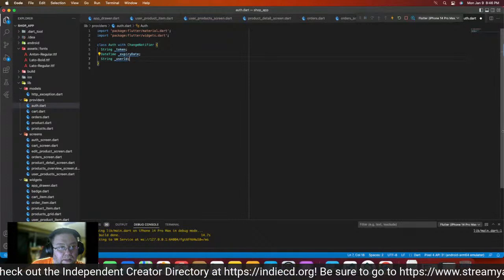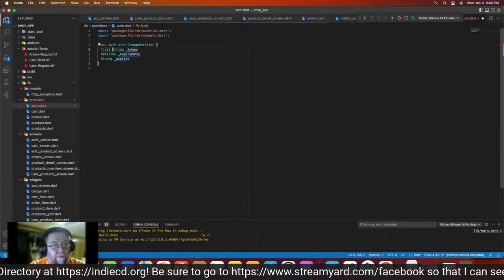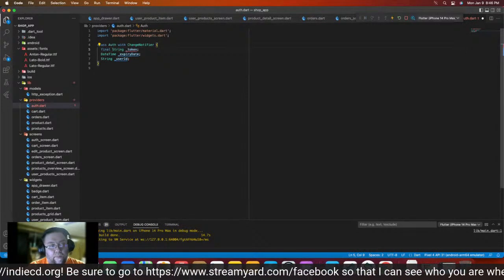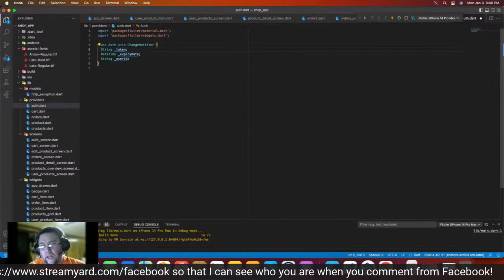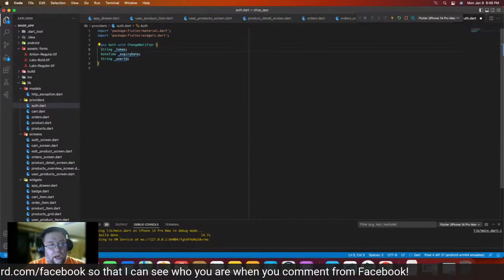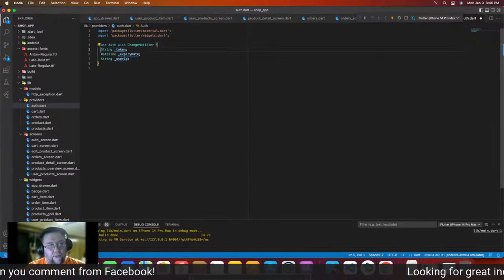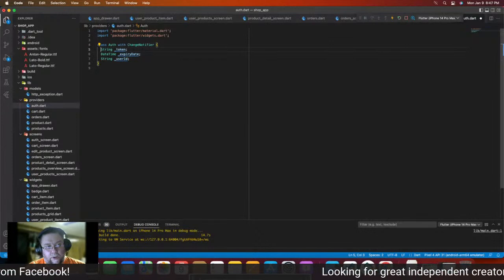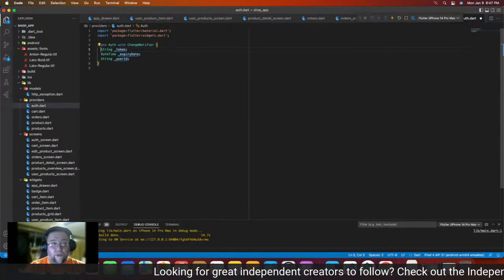Now, a lot of times when you're setting up classes, you would actually have final behind it. But because that's something that's going to be updating constantly over the life of the app, as you're running it, you can't have it set as a final because it's going to change. So,